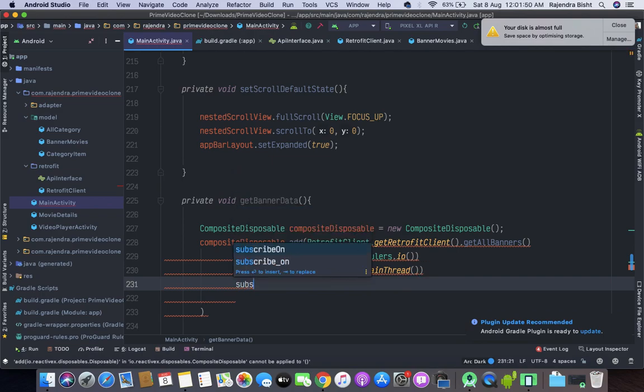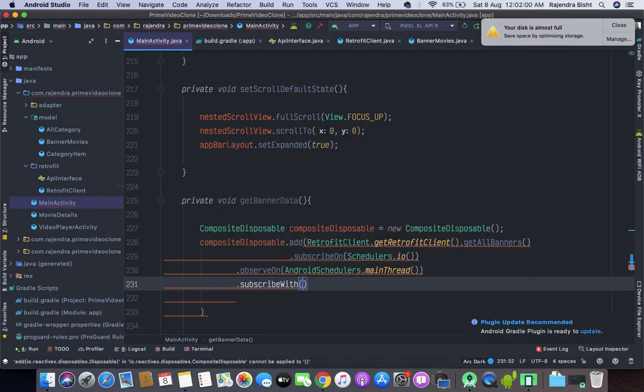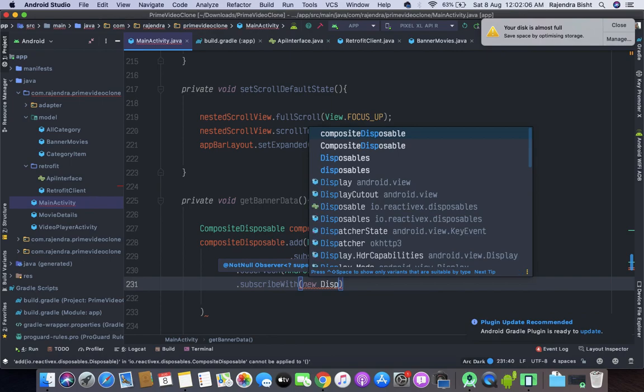Dot subscribeWith new DisposableObserver.